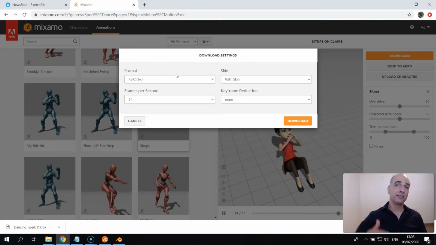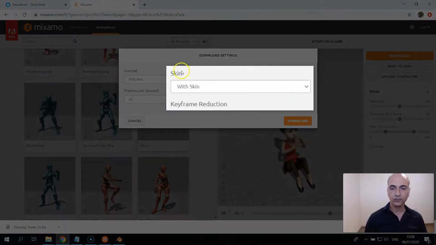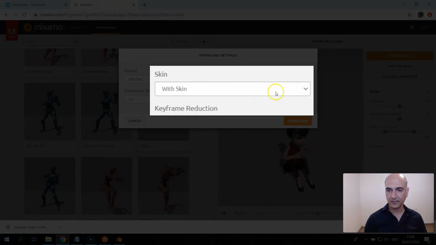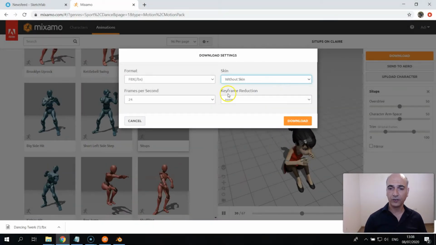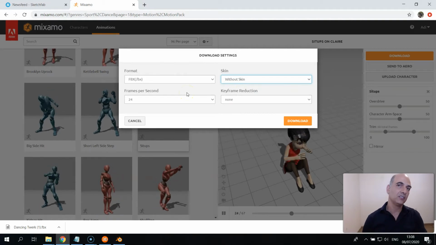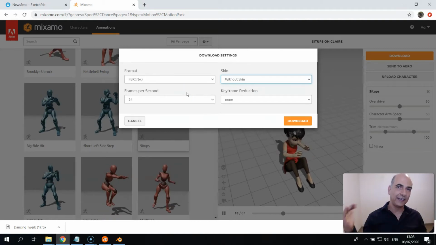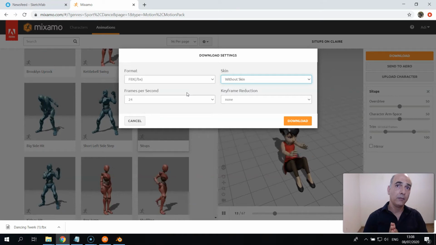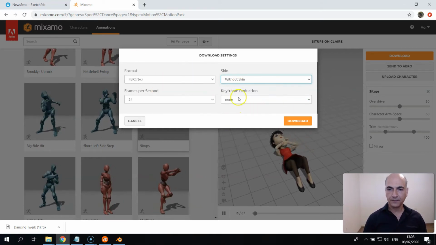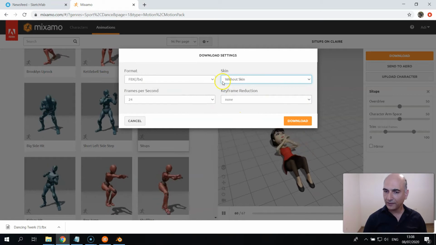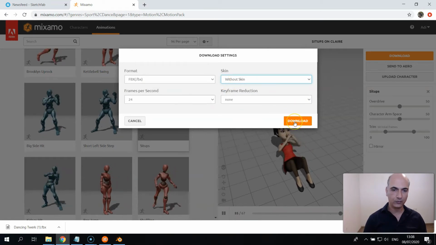Now this time and from now on I'm not going to choose the with skin option. I'm going to choose only the without skin option. Okay, I want just the animation, not the images, not the textures which wrap my model. So everything as it was before, but without skin options. Now download,